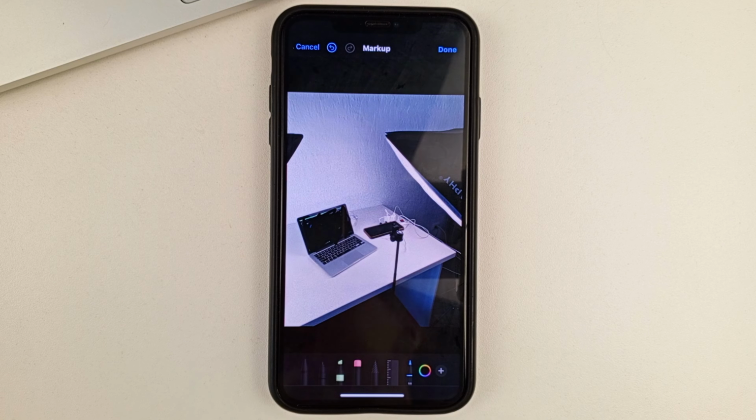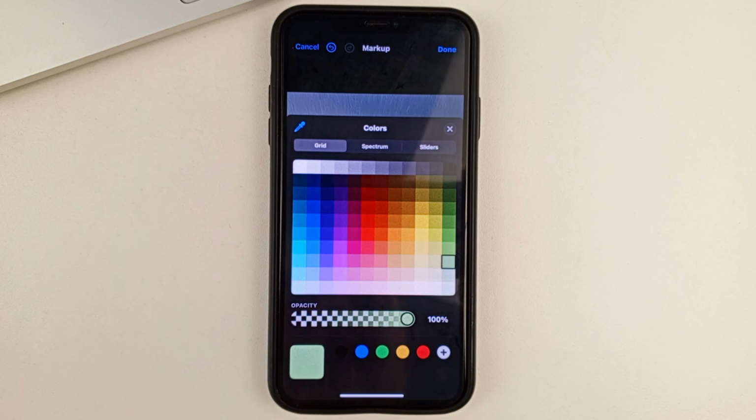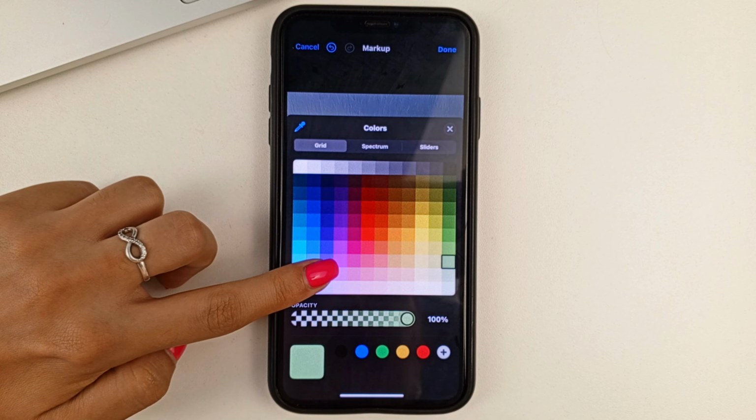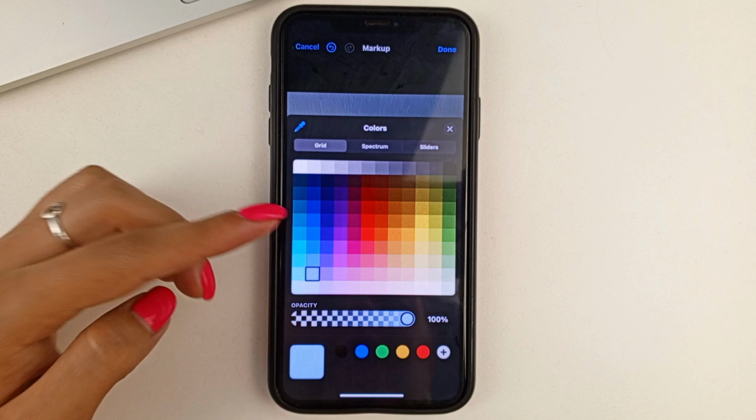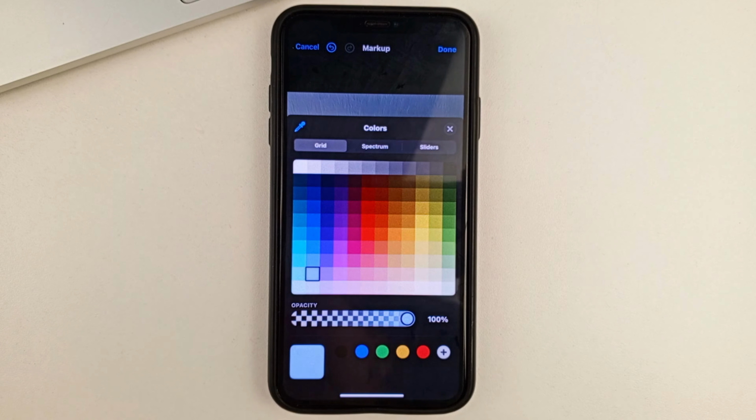So if you'd like to do a little bit of this blur effect on the whole photo, then I recommend that you go to the marker option here. Also click and hold on it. Set it to max, like I did, and also go to color. Here I recommend you choose from the colors below because they're not saturated. They won't overpower your photo, but they'll give you a slight haze effect.